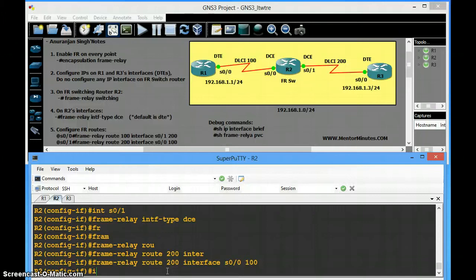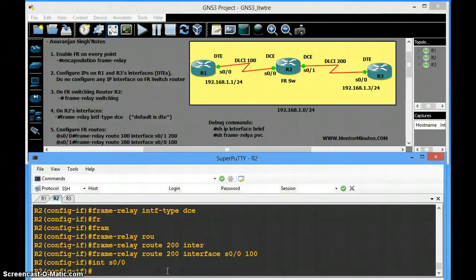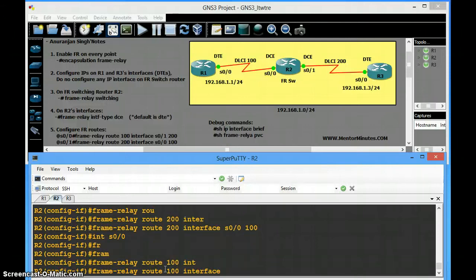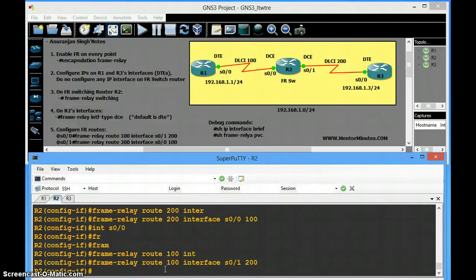That's it. Now we'll go at the interface serial 0/0. Here DLCI value is 100. So we need to route 100 value at interface serial 0/1. And what is the value there? 200, right? So that's it. What we did, we have followed all the 5 steps. Okay,